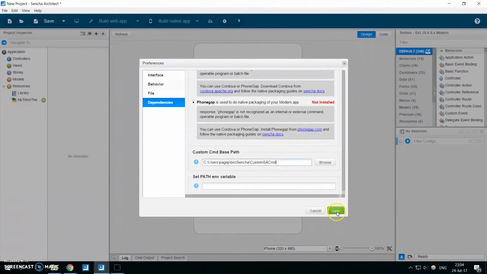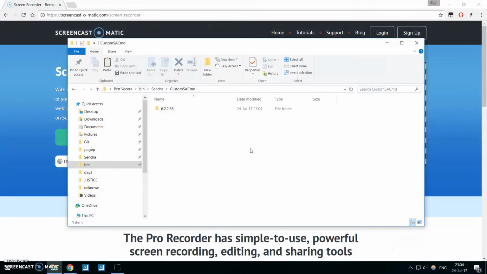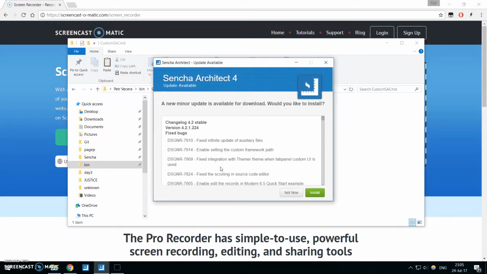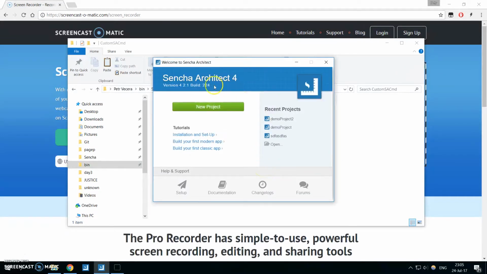Select this, save, and restart Sencha Architect. Yeah, it's detecting that we have an older CMD, so it wanted to download the newer one. And you can see that we are using CMD